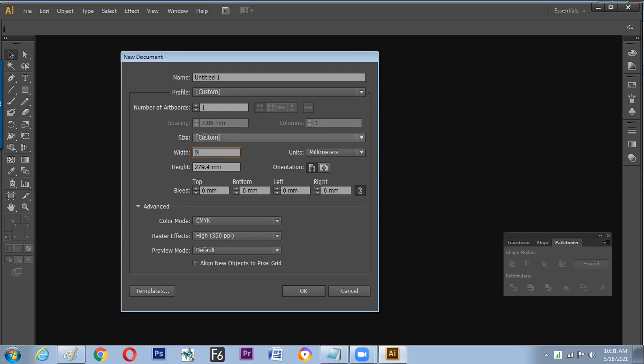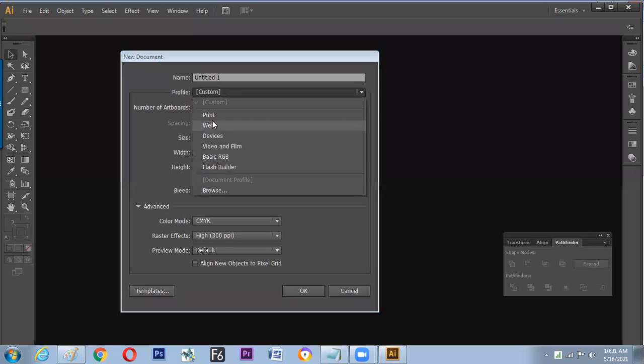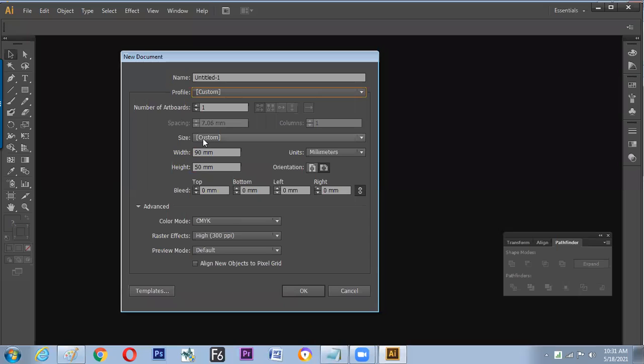So now I'm filling in 90 by 50 as the size for a visiting card, just roughly. So now we have seen how to use a predefined design size and how to create our own defined sizes. So hope this much is clear.